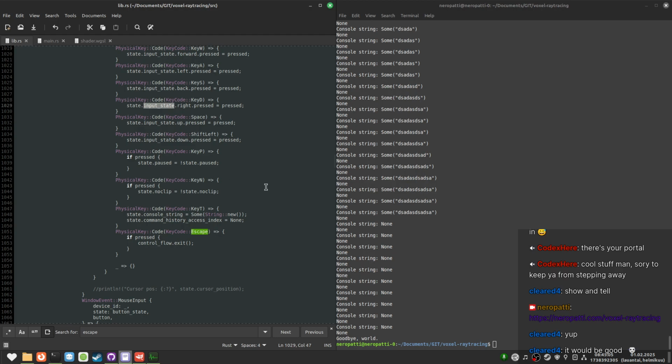Or should I make it so the console string quitting is some other key? And just keep, because I kind of want to keep escape as a thing where you just press it and the game just tries to instantly quit.